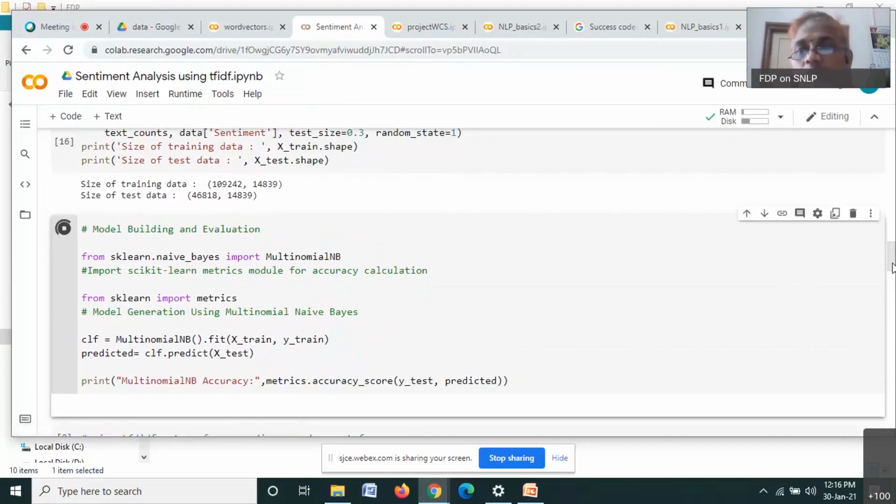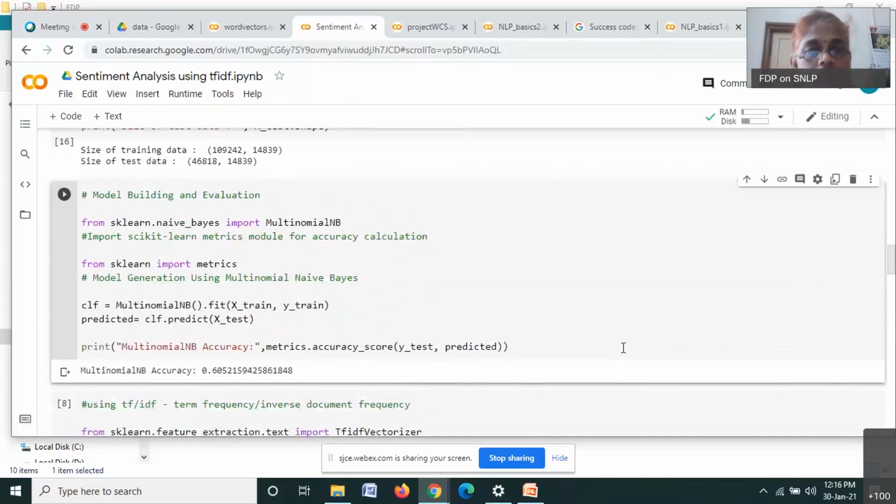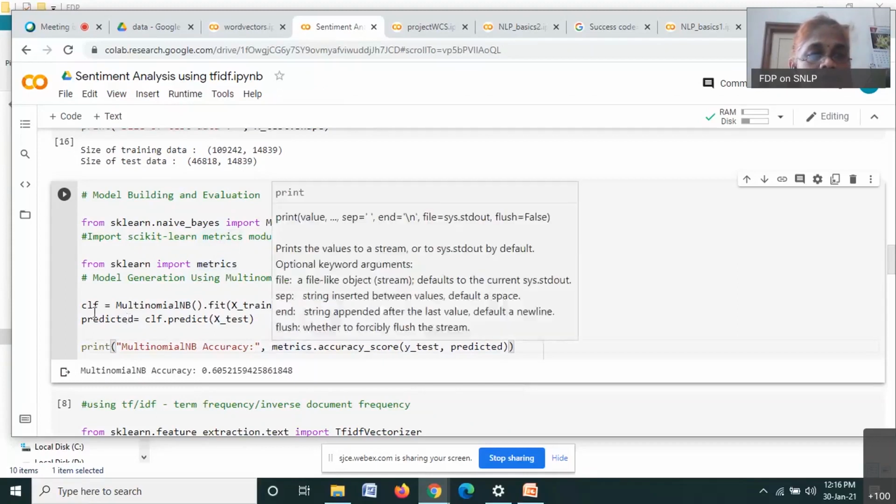I am not very keen on the accuracy. So this is how we are using it: from sklearn.naive_bayes import MultinomialNB. I'm using this multinomial Naive Bayes, and I'm using a metrics function also to get the metrics or the accuracy.